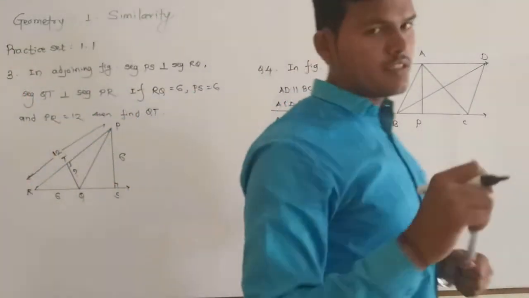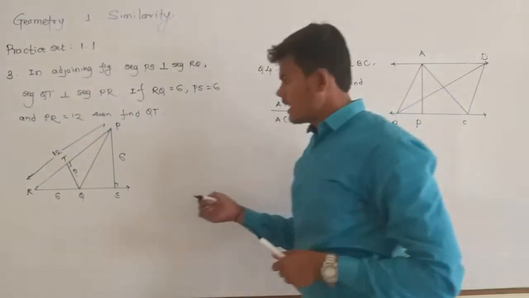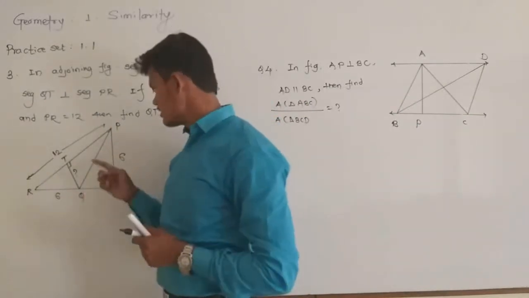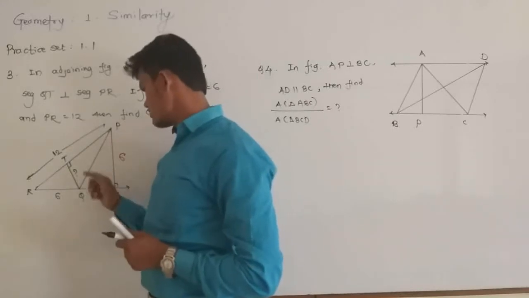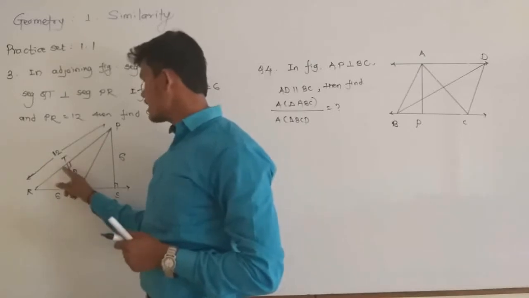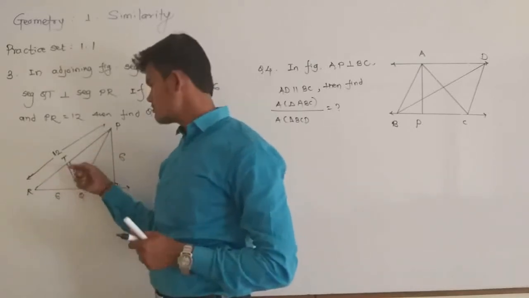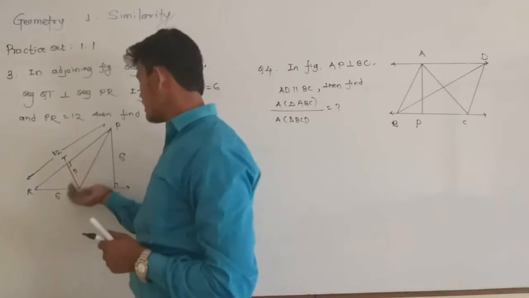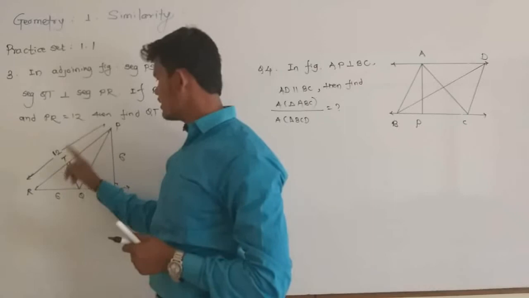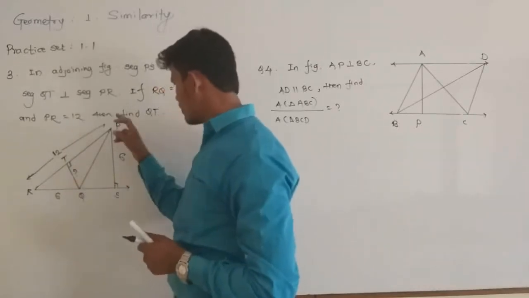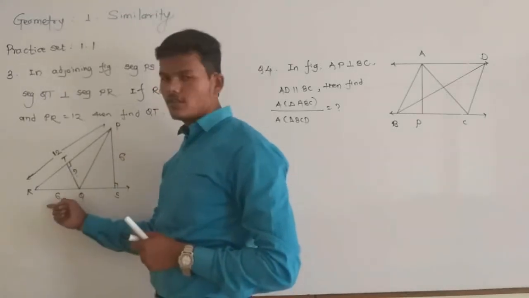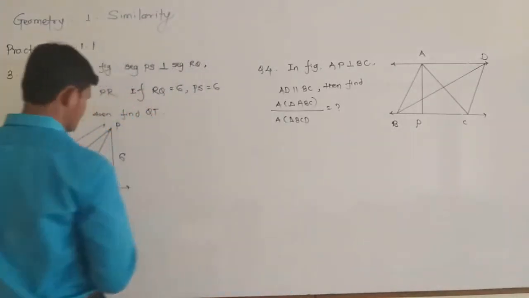So see the figure properly, for triangle PQR there are two heights and two bases. So if you take QT as a height, because QT is perpendicular to the PR, that means PR is the base, because the perpendicular stands on that line. So here QT is the height and PR is the base. And for another, for triangle PQR, PS is also a height, that means RQ is the base.